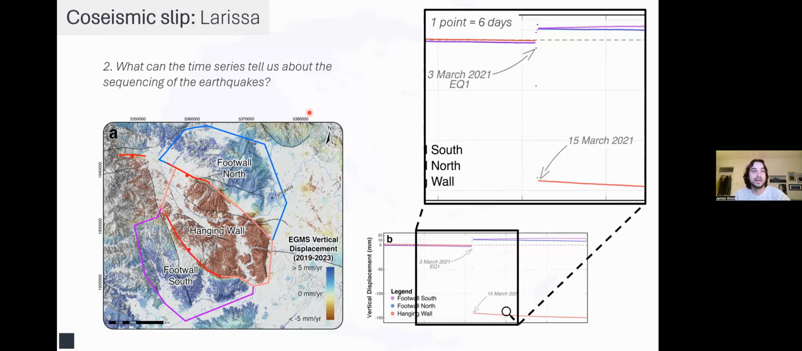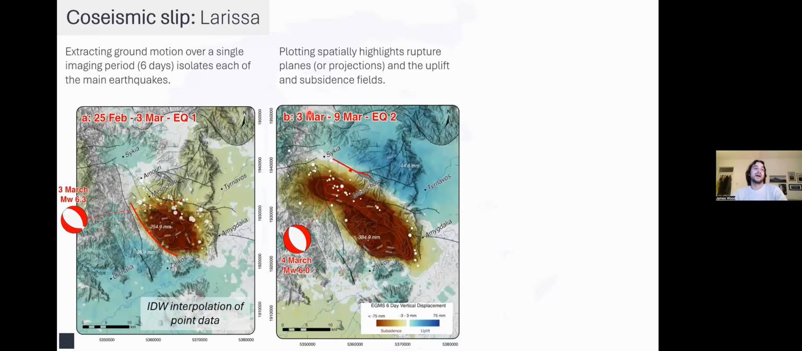So we can start to think about the sequencing of where these ruptures happened, especially if we didn't know when they happened, where the precise location of the faults were. They've not got big topographic escarpments. And we can then put it into now extracting those key imaging periods, so those 6-day imaging periods, looking at this spatially. So instead of looking at the raw point data here, we've just essentially applied a contouring to this